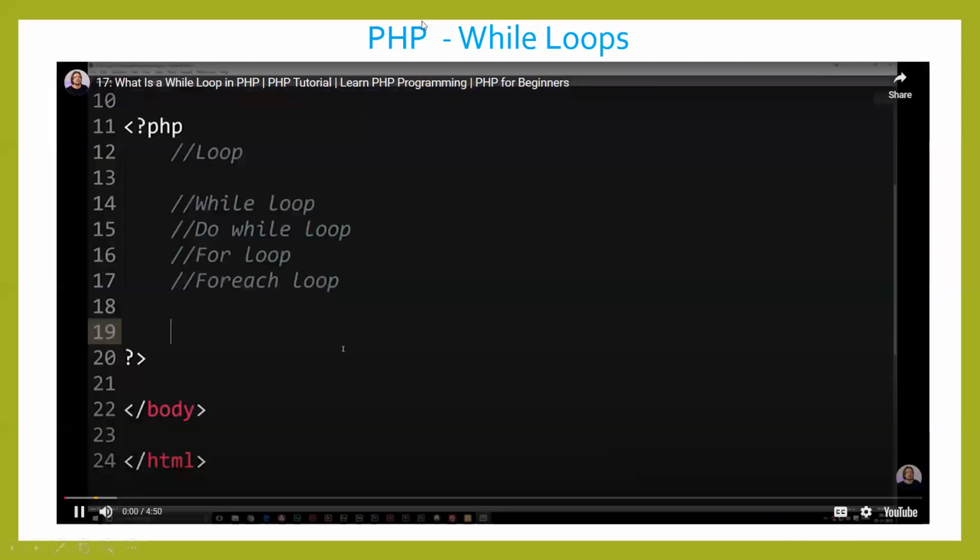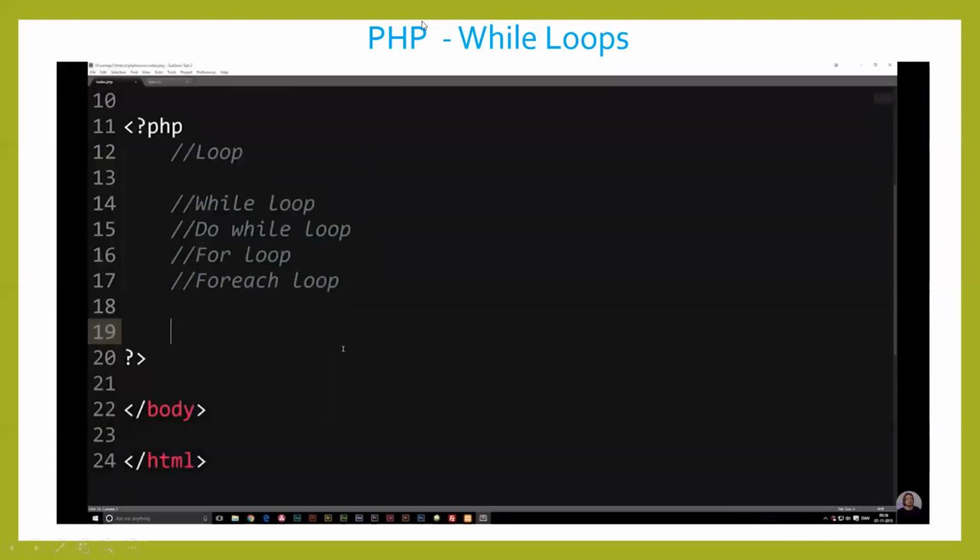Today we're going to talk about something called a loop inside PHP, and a loop is something we're going to use quite often when you code PHP code. So my thought was, for this episode, we're going to do an introduction to what loops are, and we're going to talk about the first loop, which is called a while loop, at least the first one I'm going to talk about. Now, there's different types of loops out there, and as you guys can see, I did actually list